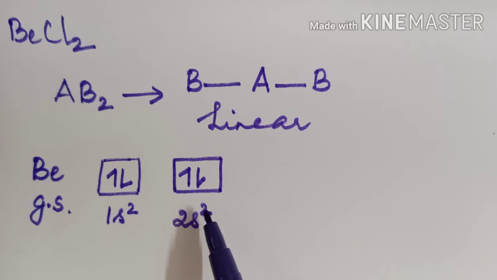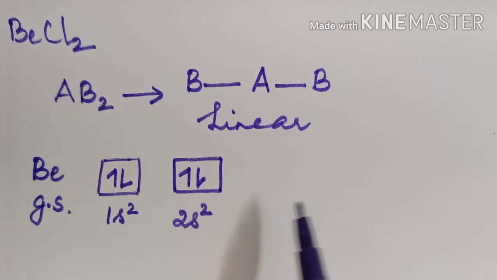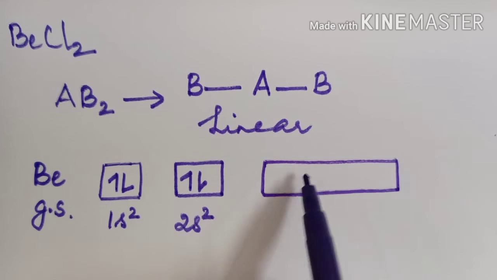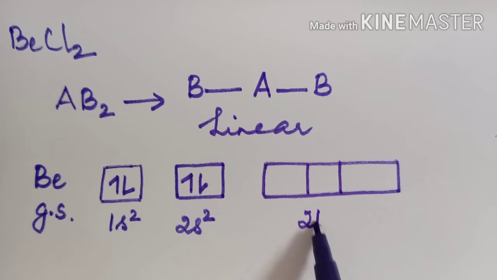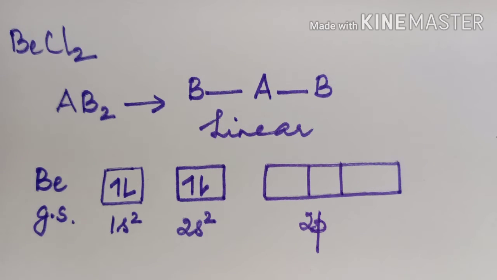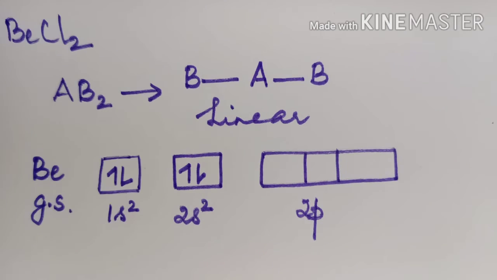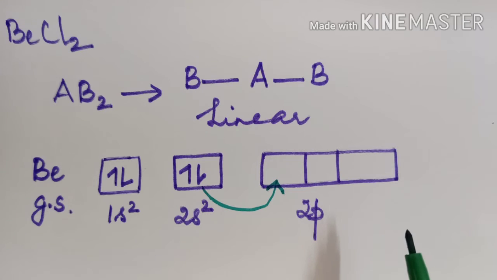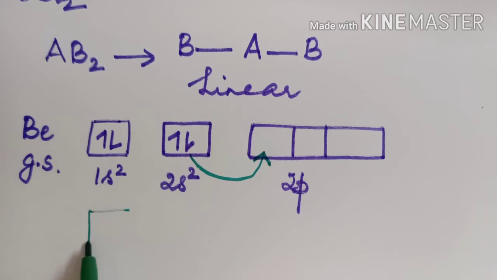Only if you promote an electron from the 2s orbital to the next vacant orbital, that is the 2p orbital, will we get the required number of unpaired electrons, for which we need to promote one of its electrons to the 2p orbital. So in the excited state, the electron from 2s is promoted to the next higher vacant orbital, that is the 2p, which will give you the configuration